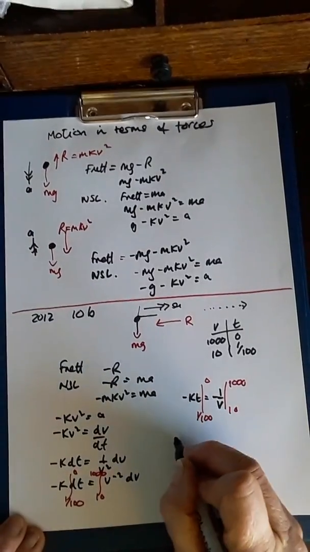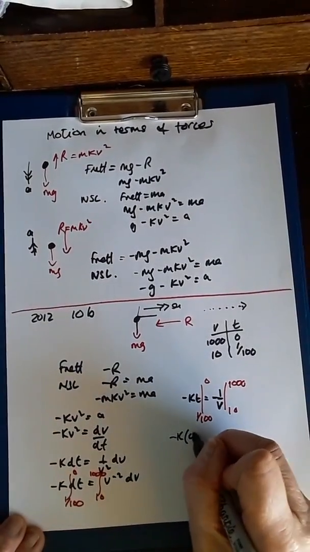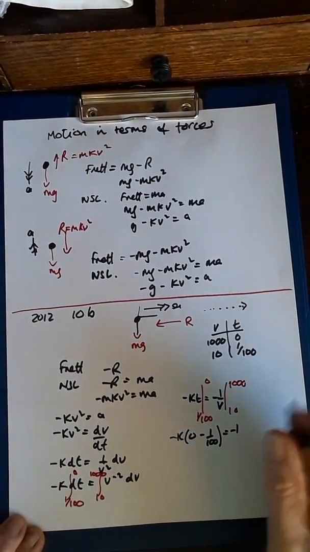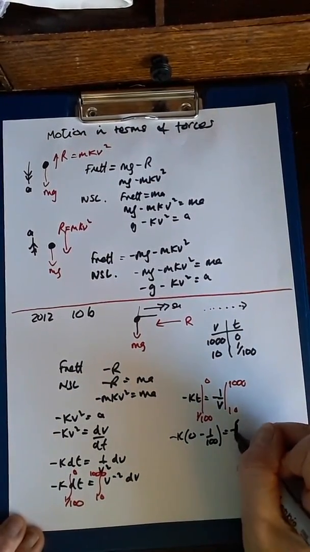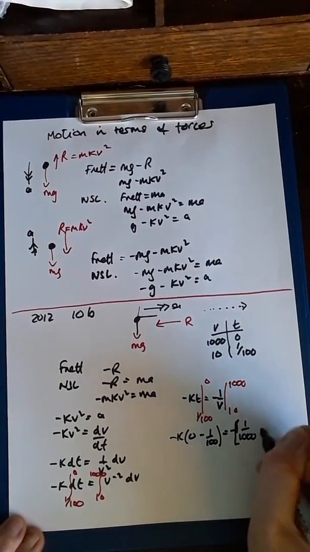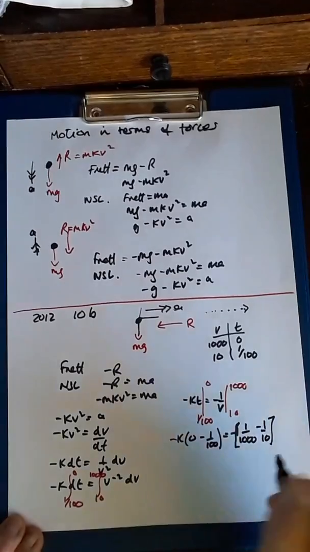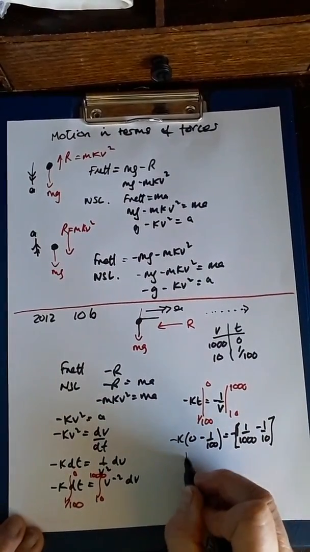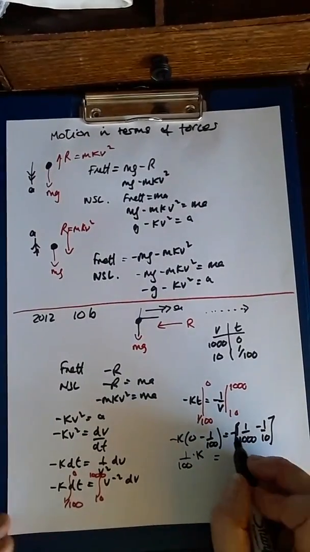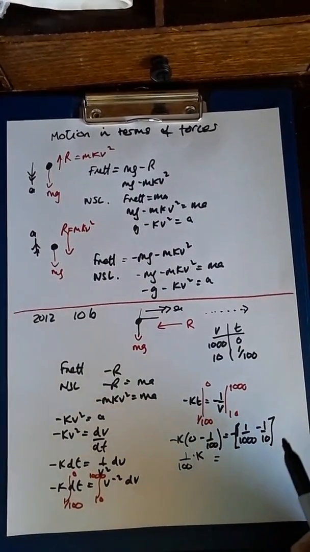So when I put in the limits here, minus k times (0 minus 1 over 100) is equal to minus 1 over... I'll take that minus outside, so minus (1 over 1000 minus 1 over 10). So this will become 1 over 100 times k is equal to, when I subtract this, 1 over 1000 minus